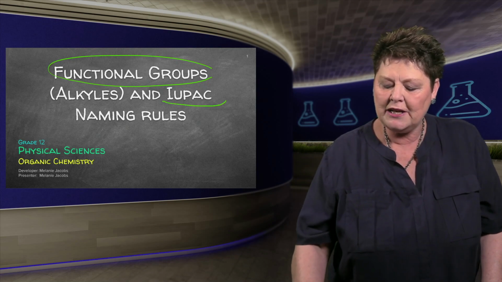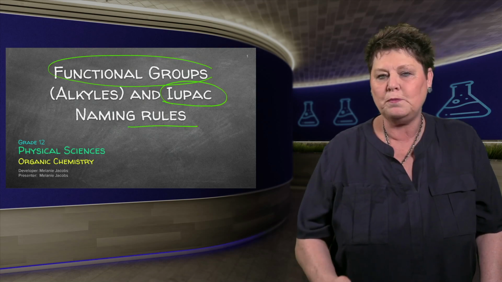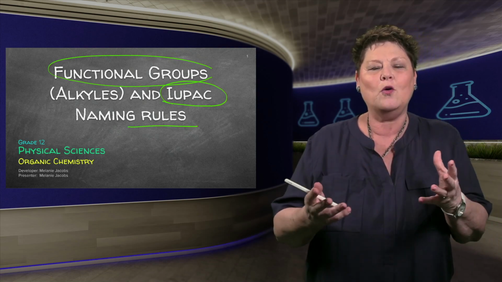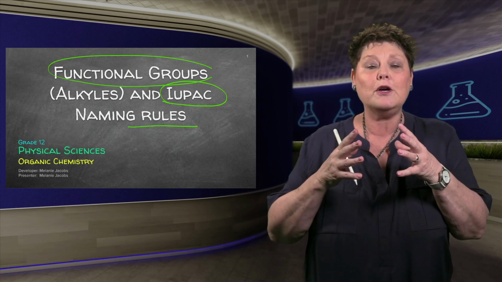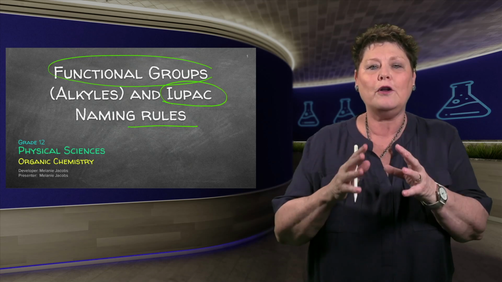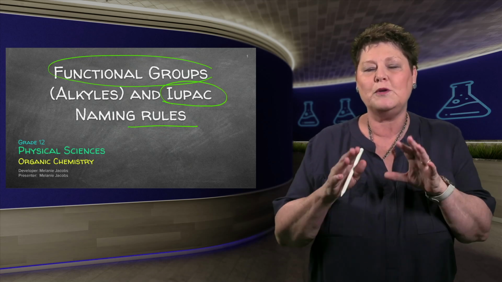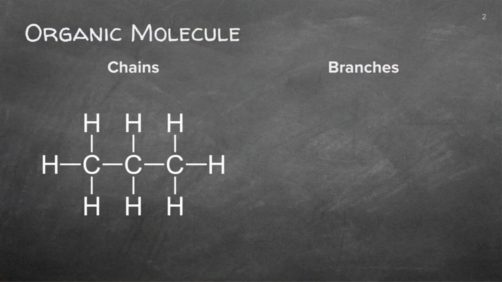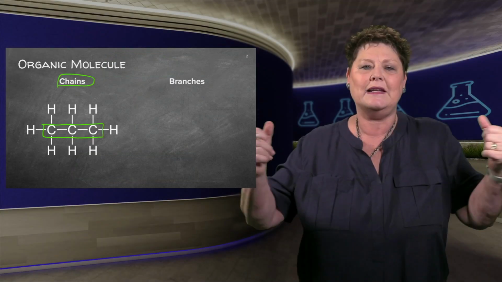And then, guys, we need to follow rules because, like in any organization where you work, there's rules. Now, if you work in organic chemistry, you've got to follow the IUPAC rules, which I'll explain to you just now. So let's have a look at the different molecules. Firstly, you'll get just a chain. The chain means the 3 or 4 or 50 or 200 carbons will be aligned in a chain.